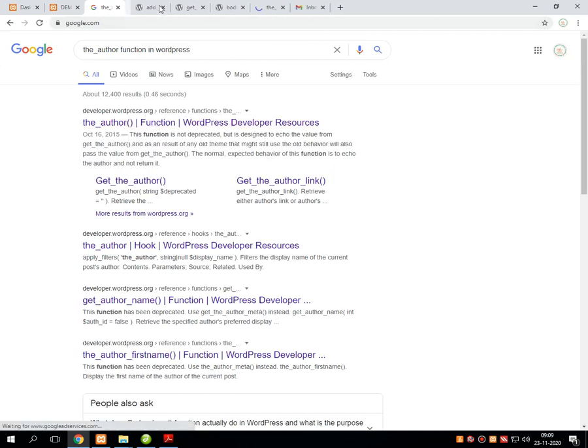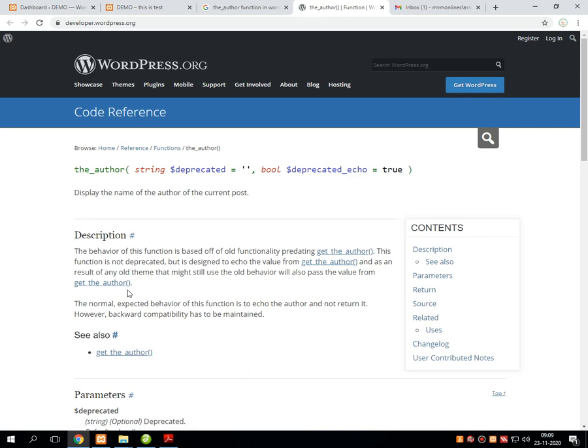Let me close all previous tabs because they create a lot of mess on the screen. Now as you can see, the theoretical part of this WordPress hook is that it will display the name of the author who has created the particular post. A very short and simple WordPress hook is given by the community.